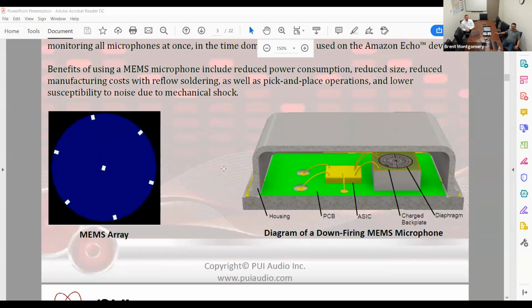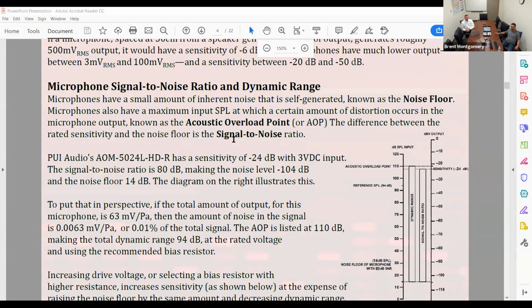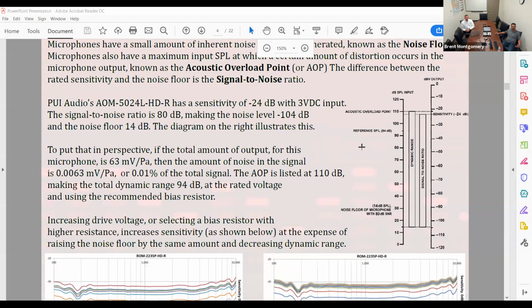We have multiple types of MEMS and electric condenser microphones, as well as the receivers. And these all have different sensitivities. The sensitivity is basically how much output a microphone is going to generate with a given input. It's a little bit backwards. Basically, the lower the number, or the further you get away from zero, the less output you're going to have. As you get higher, you're going to get more output from the actual microphone. You'll have to do less amplification to it.